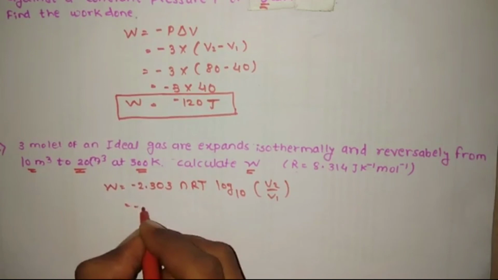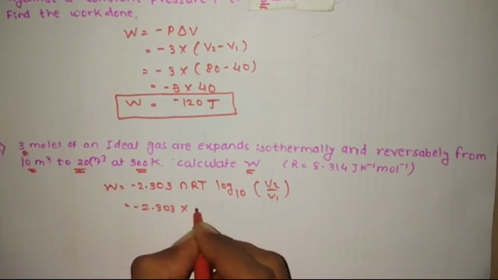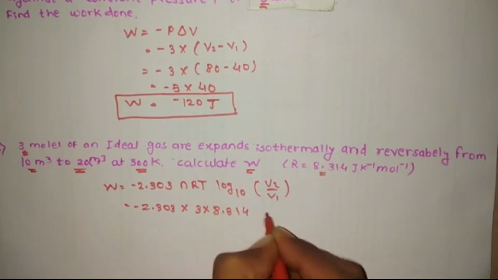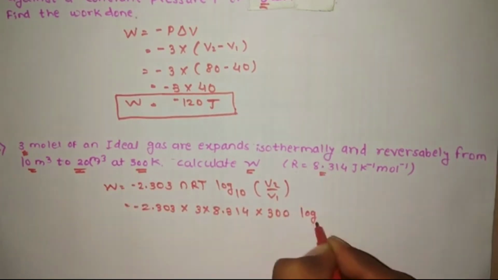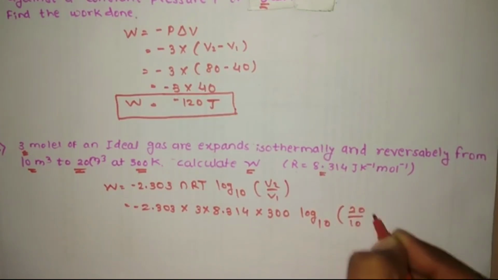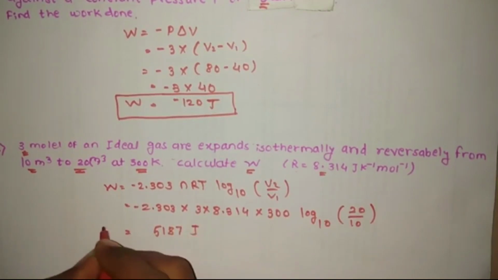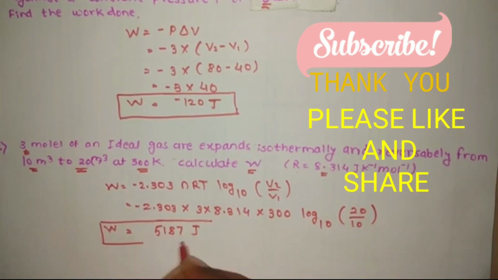Put the values: minus 2.303 into n, where n is 3 moles, R is 8.314, into temperature 300 Kelvin, log to the base 10 of 20 by 10. Calculating this, we get the answer as 5187 joules. So this is the value for maximum